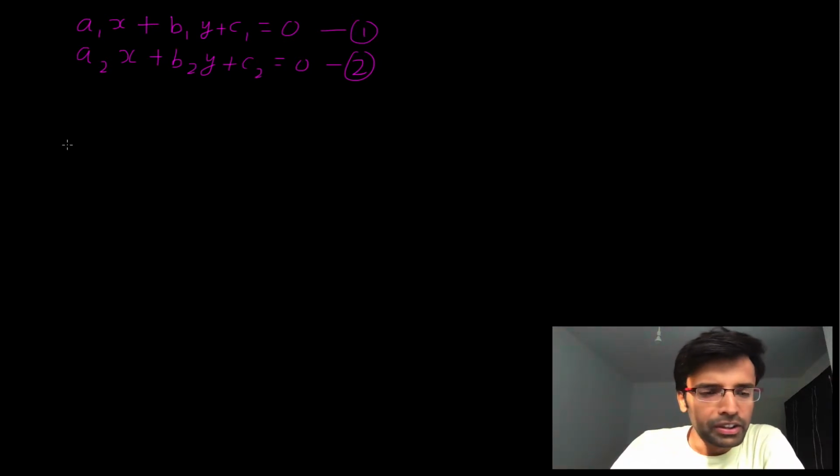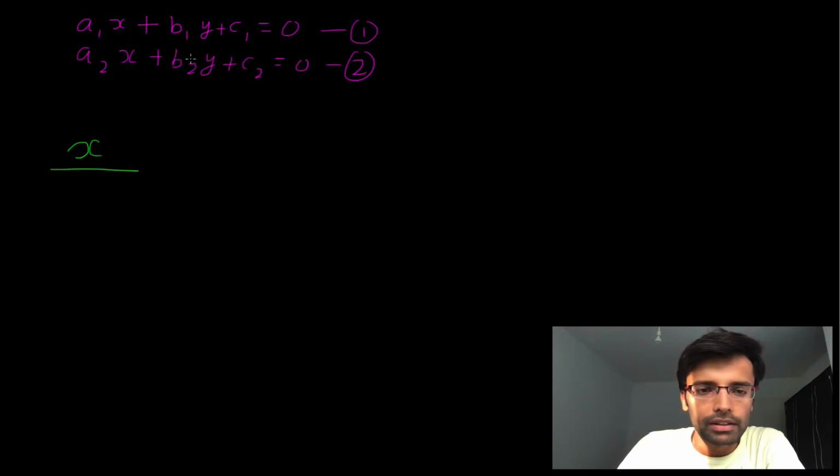Okay, so let us continue where we left off in the last class. We have a pair of linear equations in their standard form. Now let us see how we write the formulas that we obtained in the last lecture for the cross multiplication method. So we start with x divided by, now what you do is you take this coefficient of y, b1,